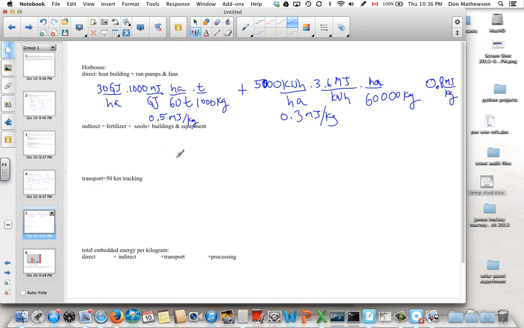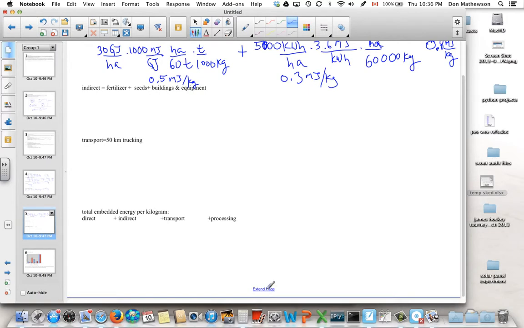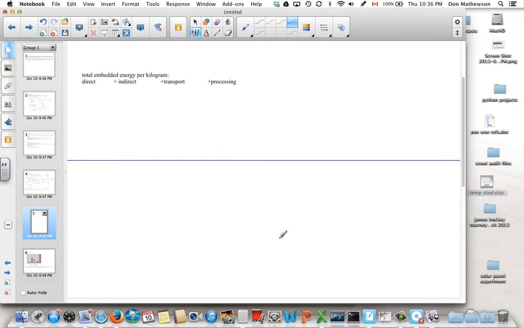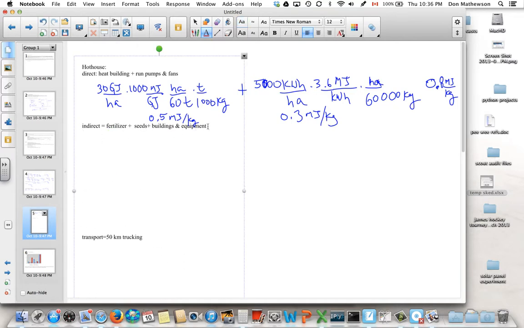Of course, the greenhouse is going to fall behind when it comes to considering the indirect energy, because the building itself, of course, is going to consume a tremendous amount of energy. Just give myself a bit more space here for that purpose. All right, so